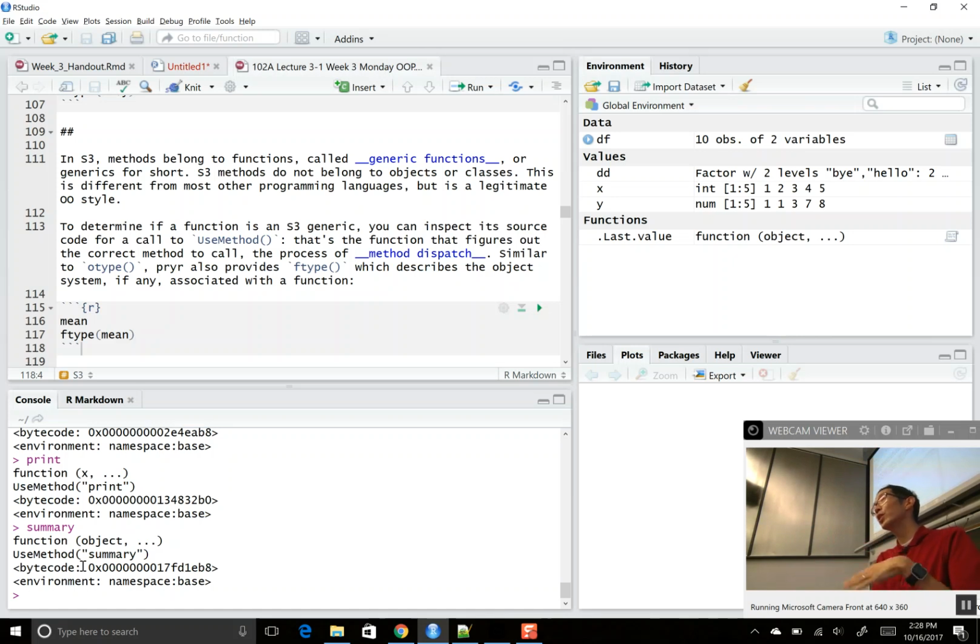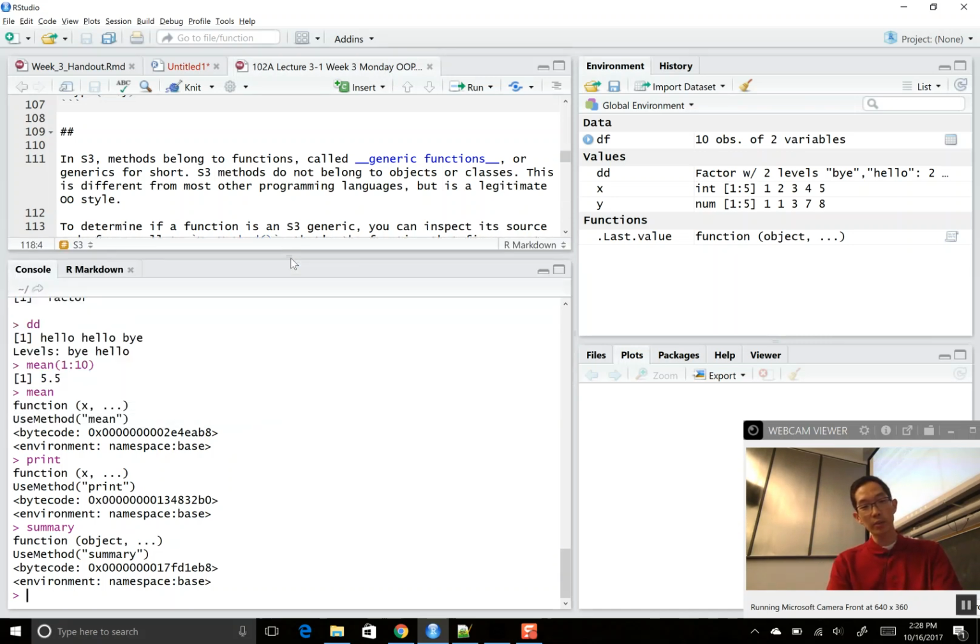When we ask summary on a vector, it's going to run code to output a 5-number summary. If we ask summary on a linear model object, it's going to run the code specific for outputting the summary for a linear model object. Okay, and so to indicate that we can use the same function for different object types,